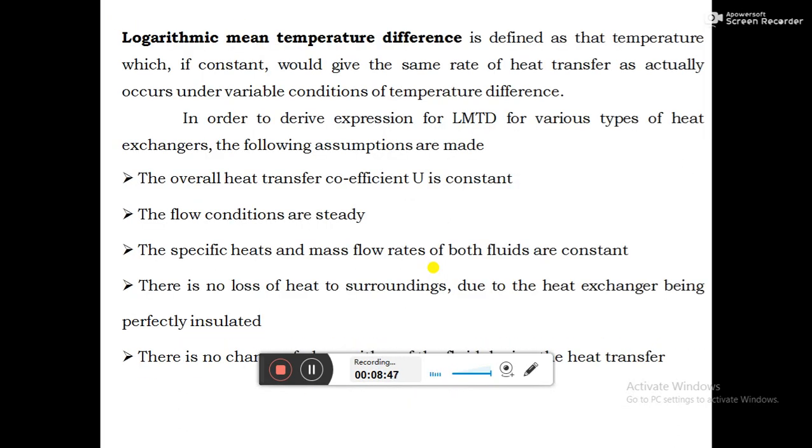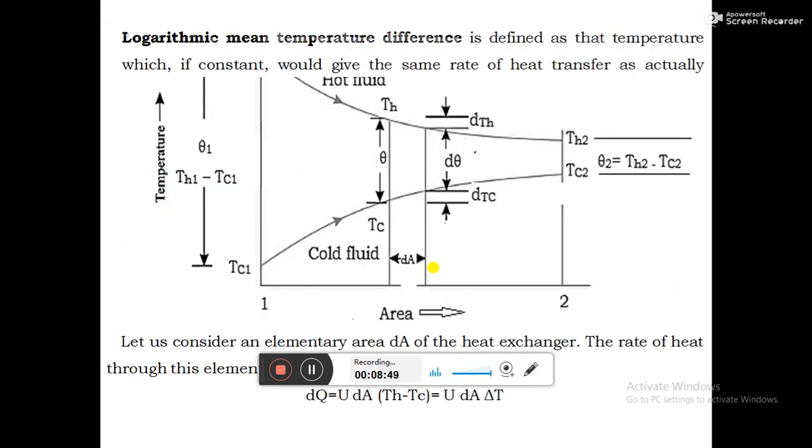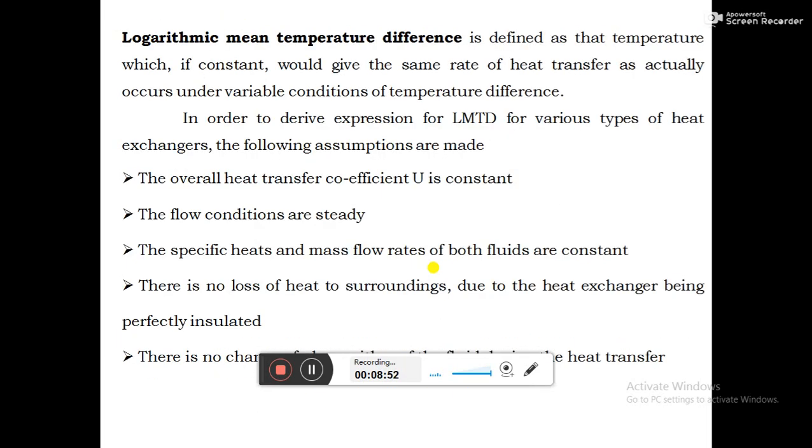Okay, next. The next concept is logarithmic mean temperature difference. The heat exchangers can be designed by two methods, either the LMTD method or the effectiveness or NTU method. The first method that we are going to discuss is the logarithmic mean temperature difference, or LMTD method. Then what is LMTD? LMTD is defined as